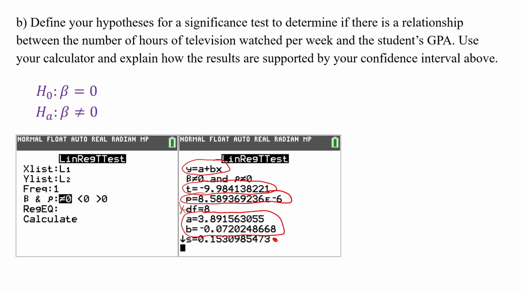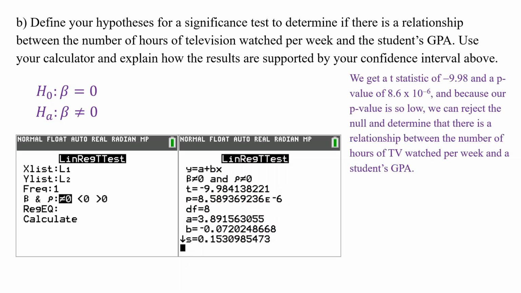Okay? But what can I do to interpret this? So I got these values, but what do they mean? Right? Well, we get a t-test statistic of negative 9.98 and a p-value that is very small. Okay, this is technically 8.6, and then this e to the negative 6 means that that's times 10 to the negative 6, right? So very, very small. And because our p-value is so low, we can reject the null hypothesis in favor of